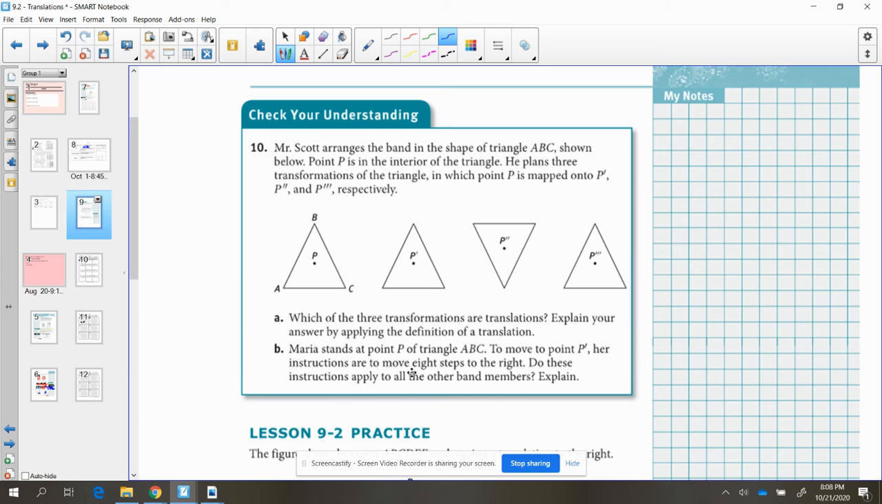Okay. So part 1 says, which of the 3 transformations are translations, and explain which ones they are. So you're going to tell me right now which ones are the translations: P prime, P double prime, or P triple prime, and why. Well, for part A, hopefully you notice that our 2 transformations are going to be P prime and P triple prime. And the reason being, we can take our original